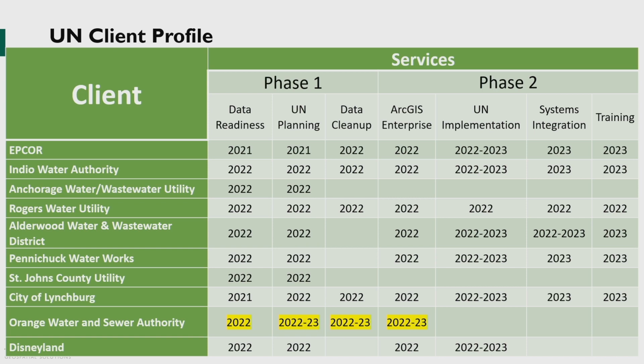So that's basically not GIS at that point for the treatment plants, but it's related. Pennachuck is water. St. John's is water and sewer and reuse. And then City of Lynchburg is the most interesting one from that perspective because it is water, sewer, and storm,